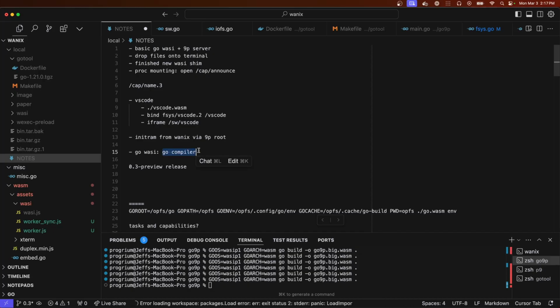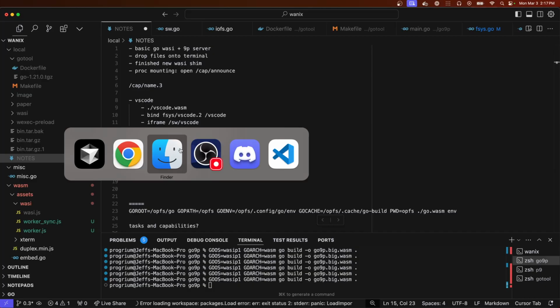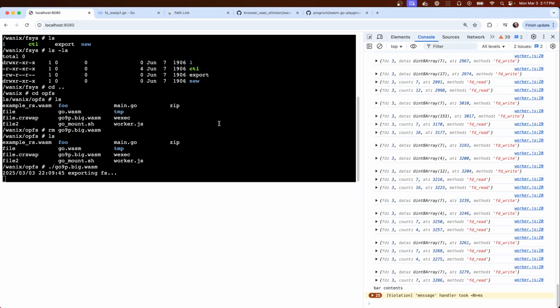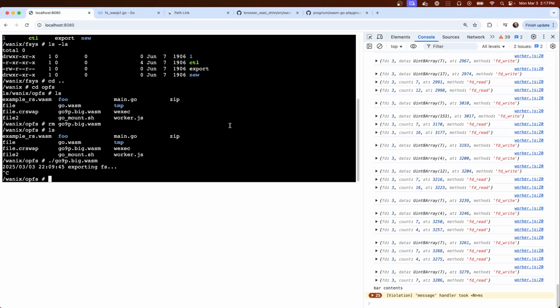And so this sort of represents the first big program that we're sort of running on this version of Wanix. And so it's doing a bunch of stuff, and I'm sort of going through and figuring out what's broken.